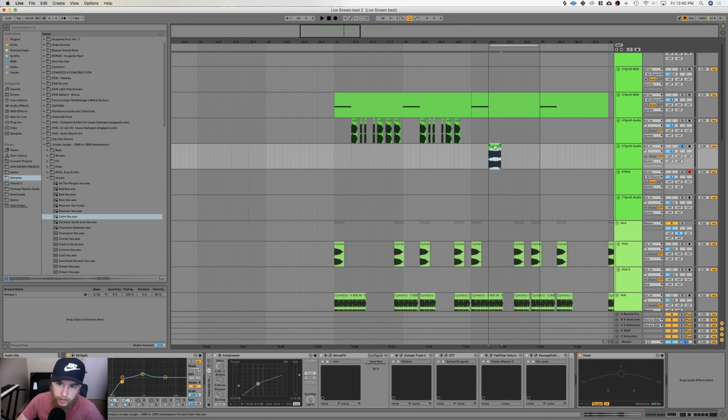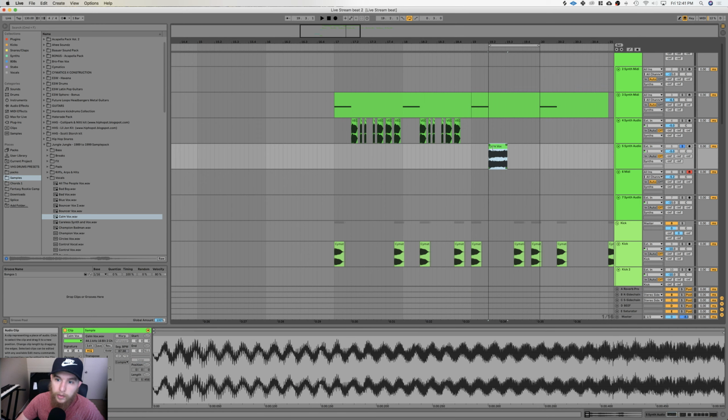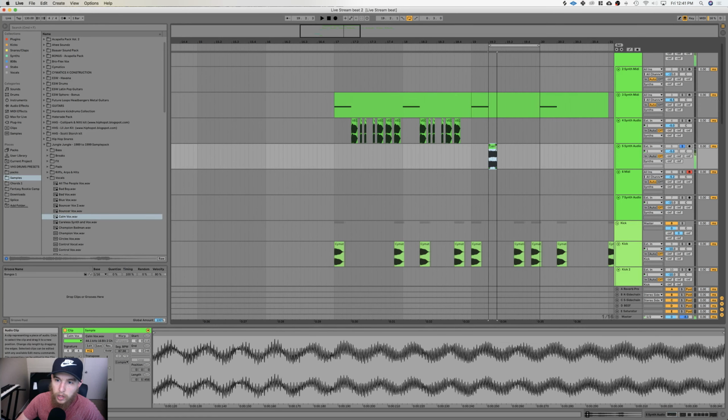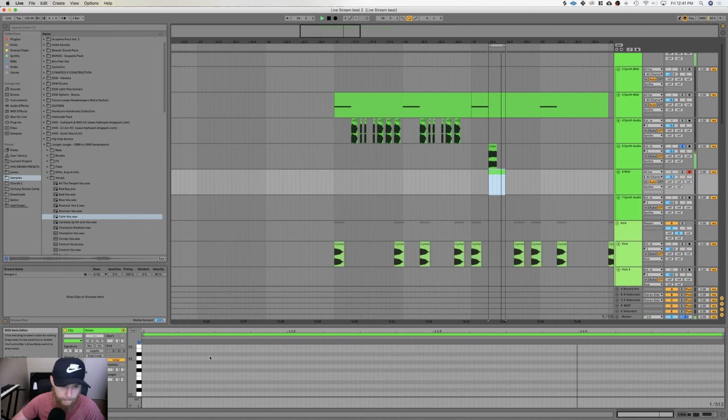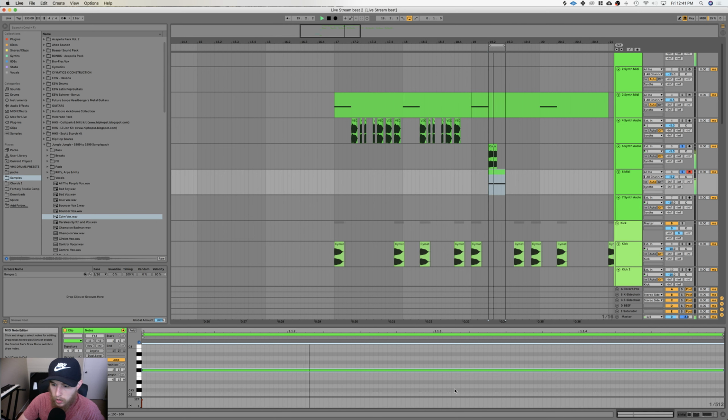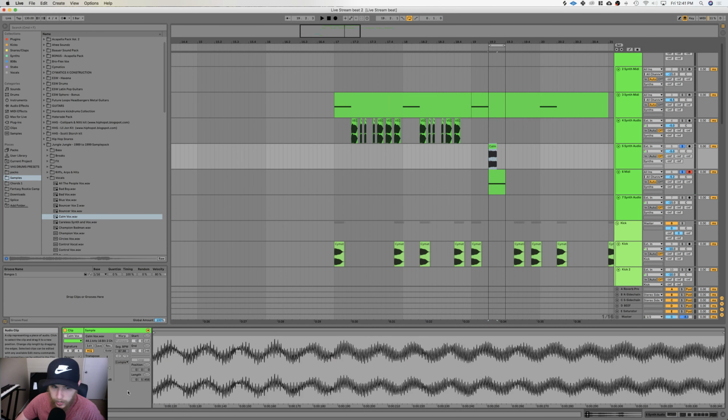So we can kind of hear that it sort of pitches up right there. So we're gonna grab this. G sharp is where it's at, and we need to get it down to D sharp. Sometimes I got to look at my keyboard, guys. So we're going from G sharp down to G, F sharp, F, E, D sharp. So that is 1, 2, 3, 4, 5. Go down 1, 2, 3, 4, 5.